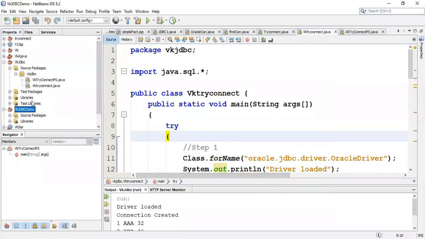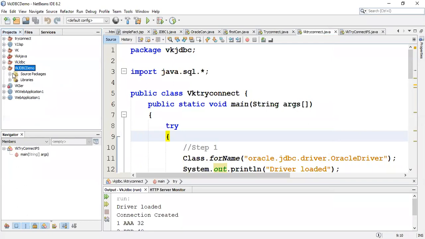Now, can you see the left panel of the screen where I see the project names? Yes, Aditi, can you see the left side? Yes, ma'am, I can see. Aditya and Rishikesh should answer so that I'll understand whether there is any problem. Rishikesh, ma'am, you have to unmute. Left side of the screen, can you see the projects? Yes, ma'am, I can see.